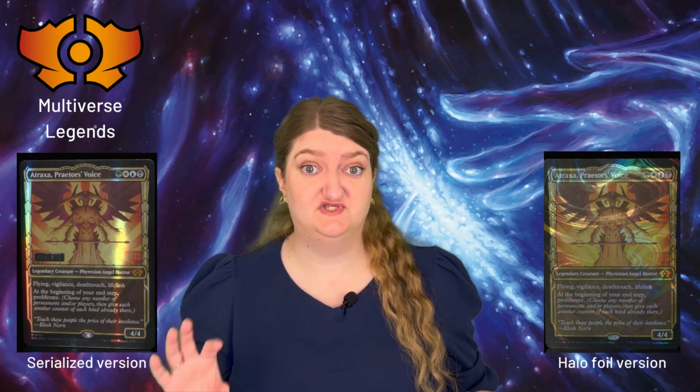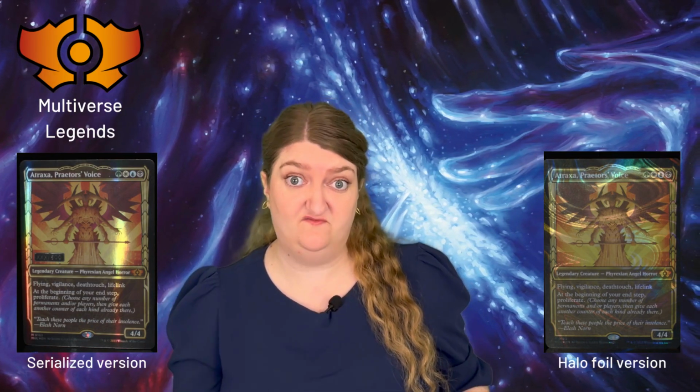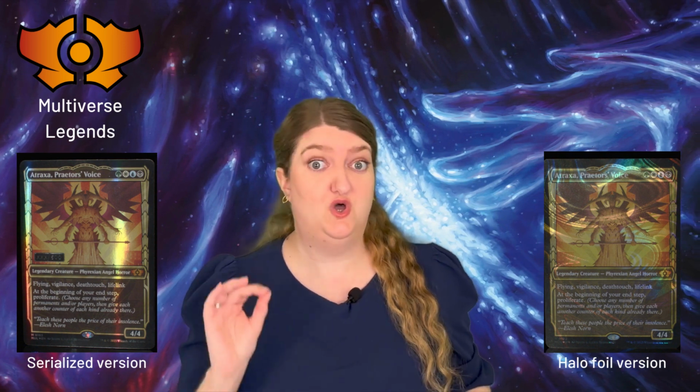Something that hasn't been talked about a lot in this set is that you actually have 2 subsets of serialized cards. First, you have your Multiverse Legends that can come both in a halo foiling, an edge foil, but also in a serialized version where each card has 500 copies. But you can also actually just get an uncommon as your serialized card, which is a bit of a bummer because they are really rare, so you would like to hit that serialization on a rare or mythic rare card,